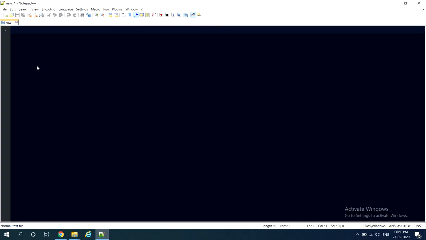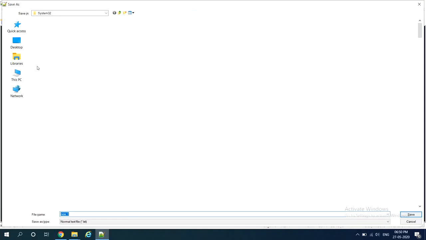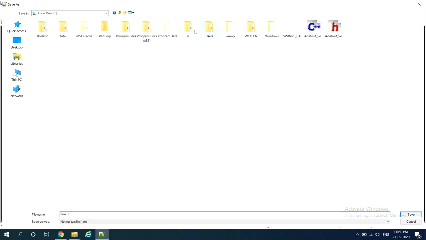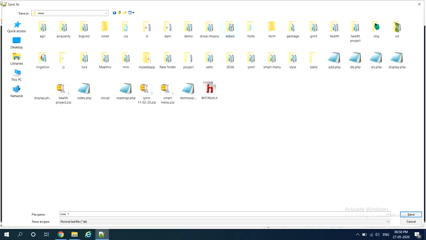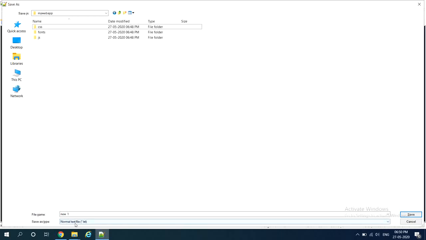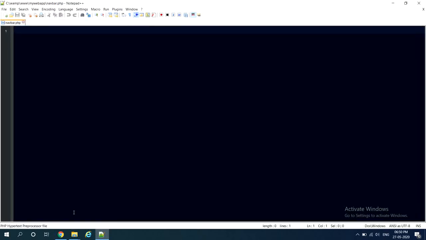First, let us save the file with a proper name in our root directory. You know what the root directory is. Go to My Computer, C drive, WAMP, www directory, my web app. Yeah, so I will save this file with the name navbar.php. Okay, the file got saved.